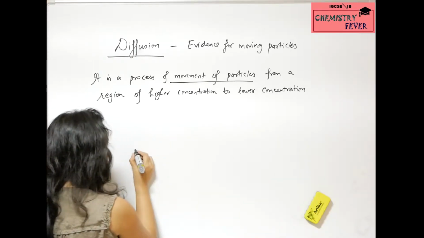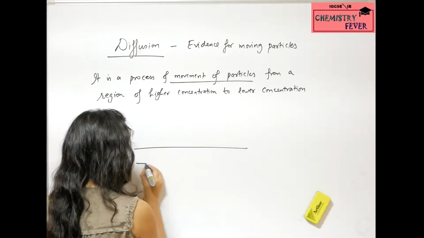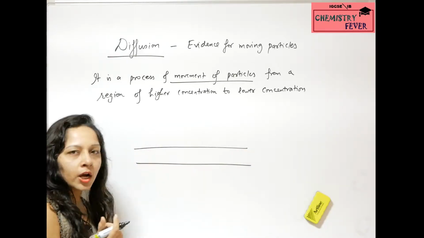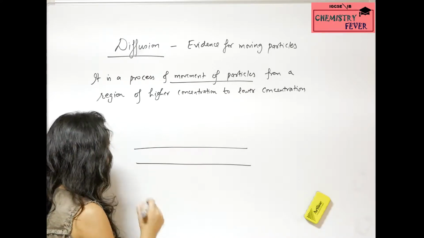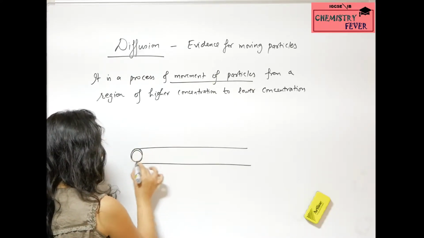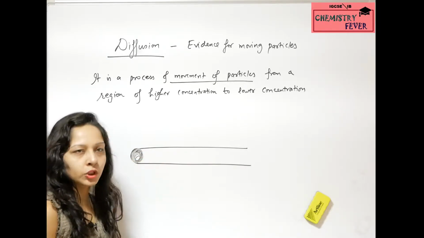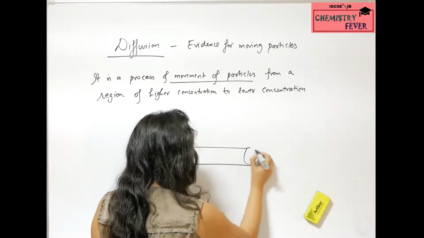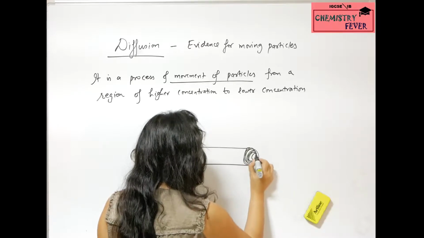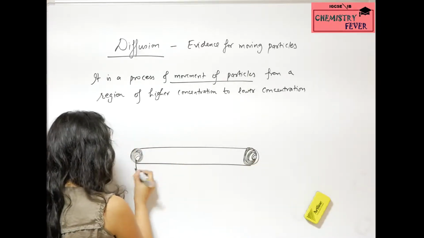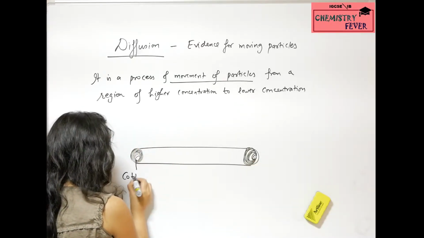So take a glass tube. Now take a cotton or cotton wool soaked in ammonia. Fix it or plug it in to one side of the glass tube. On the other side, take another cotton wool soaked in HCl. So this is the cotton wool